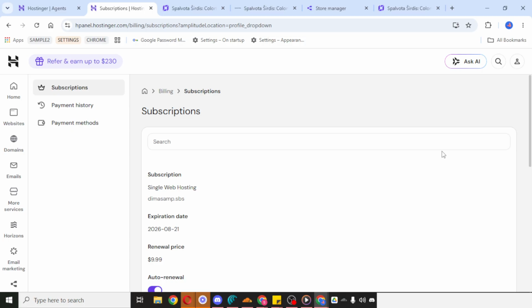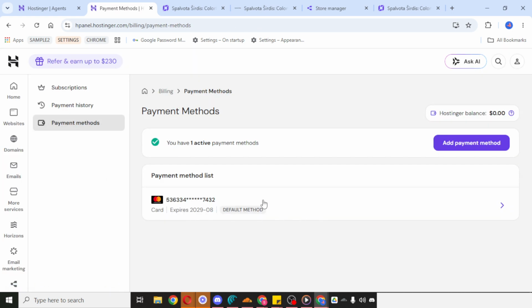In this area, you'll see the payment methods currently connected to your account. If you already added one before, it should appear here. If not, this is where you can add a new payment method so your account is ready for purchases. Take a moment to make sure the information is correct before continuing, since having an updated payment method will help avoid issues during checkout. Once your payment method is added and saved, you're ready to start buying plans on Hostinger.